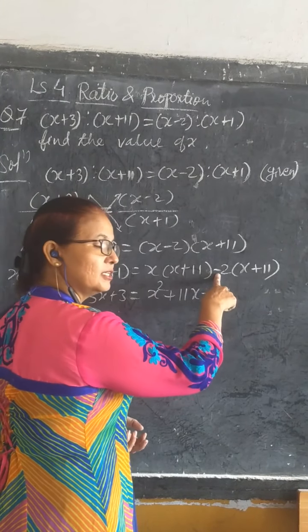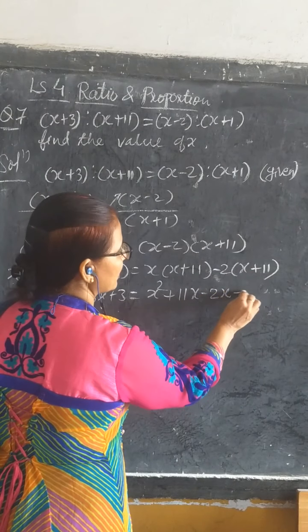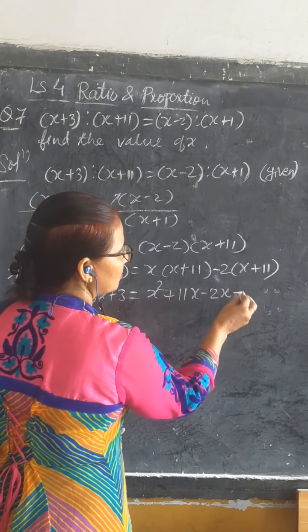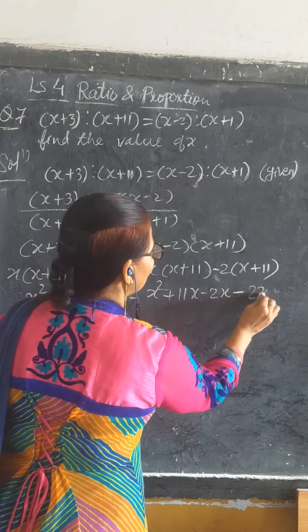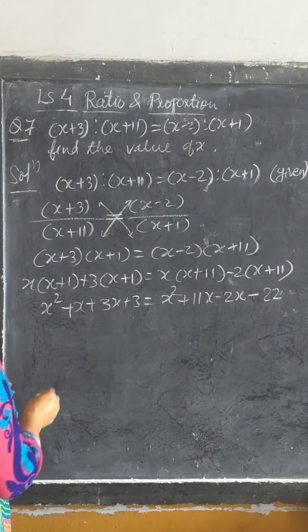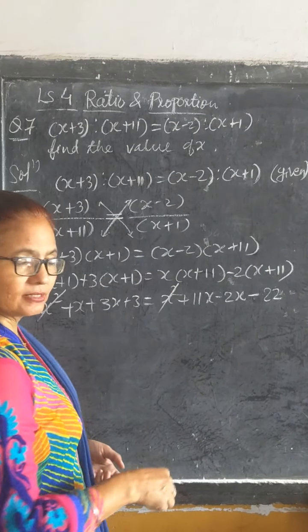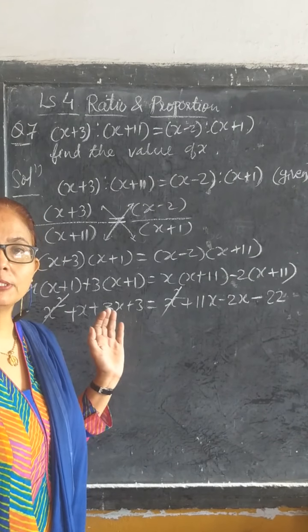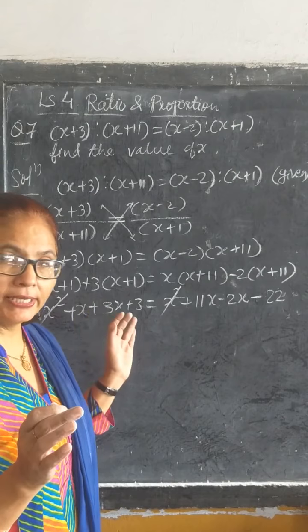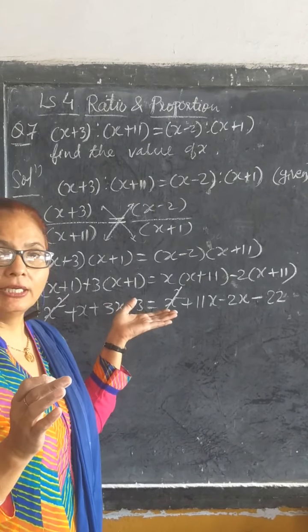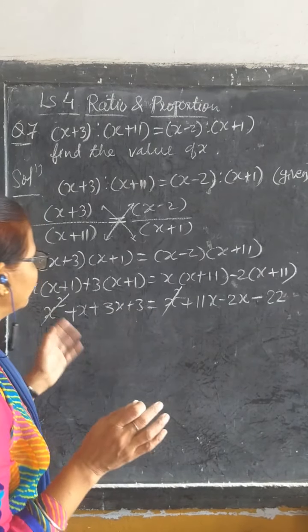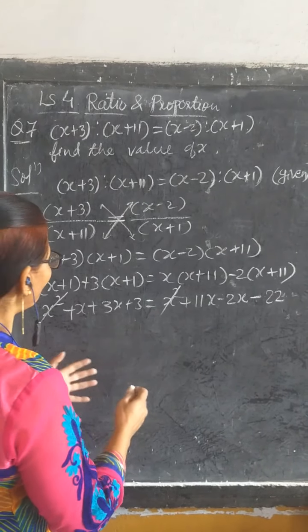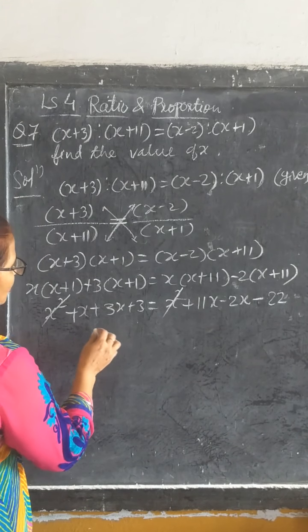Now children see here is minus. So this plus becomes minus because minus into plus is minus. And 2 11s are 22. Now you can see x square gets cancelled. Children, when on both the sides the term is same with the same sign, you can eliminate like this. Okay.